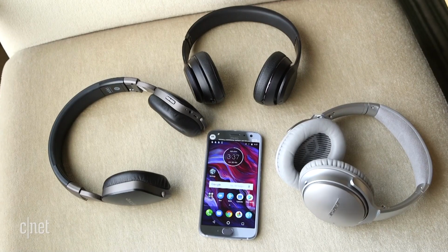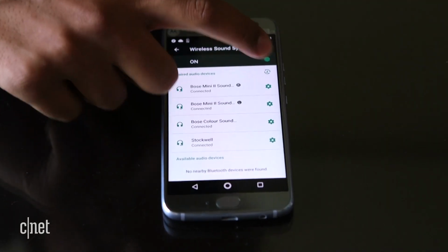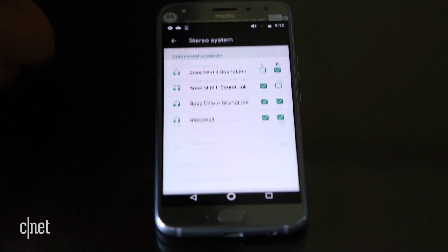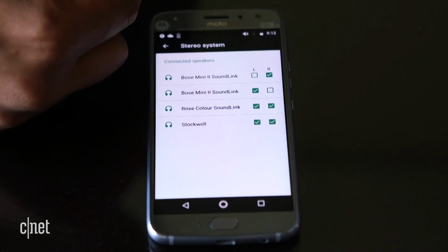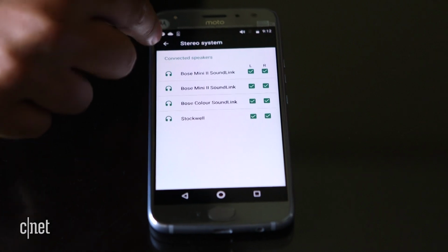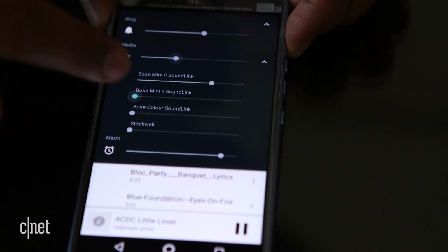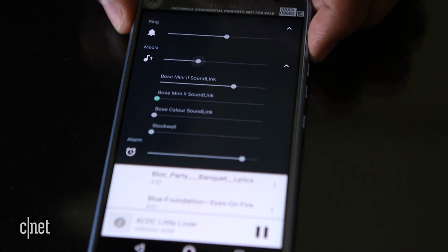exciting to me. One of my personal favorite innovations is actually the Bluetooth that's built into the Motorola Moto X4. This is the first time that we've had Bluetooth on a phone where you can throw your music to 4 separate Bluetooth speakers all at once. So you can give yourself a whole room surround sound system or share your audio with you and your 3